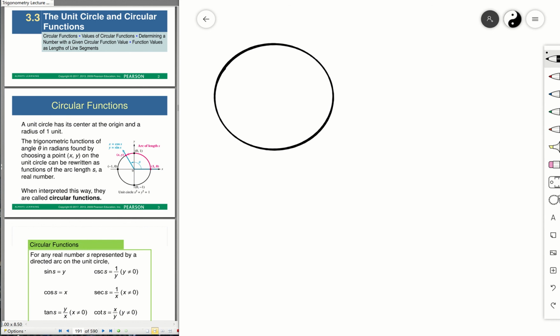which, as you know, is just the circle of radius 1 centered at the origin 0 0. Now, what makes this circle very special is the fact that if we take a look at a central angle measuring theta radians, then if we call the point of interception of the terminal side of that angle with the unit circle